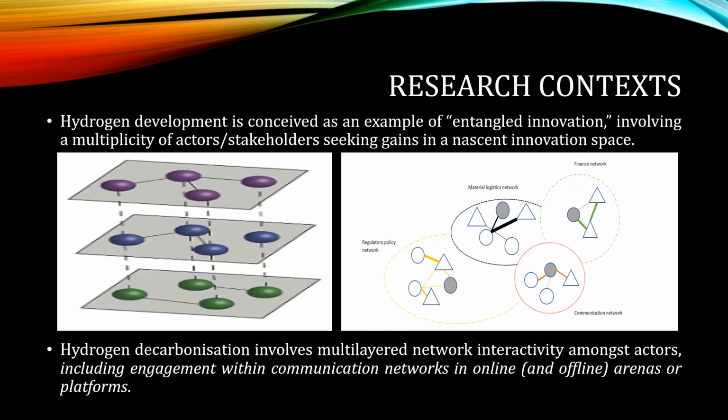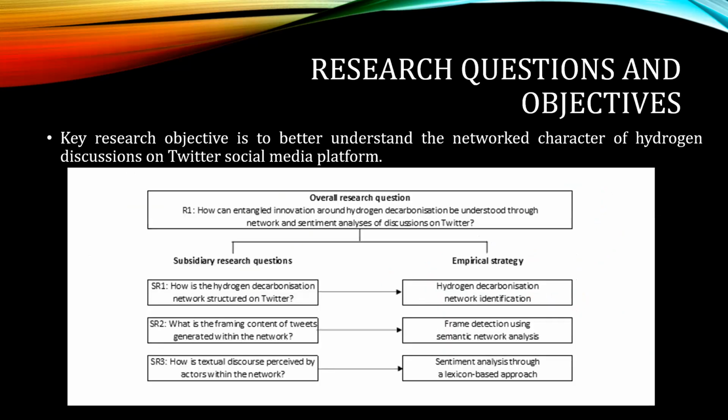I'm positing a new concept of entangled innovation to really bring to light these interconnected webs of innovation. So I'll just run through this very quickly. What I'm wanting to understand is a particular communication network that pertains to the phenomenon of entangled innovation. I'm particularly interested in how people communicate about hydrogen decarbonisation on Twitter. Twitter has many properties. There are many users, and most significantly, from the perspective of research,